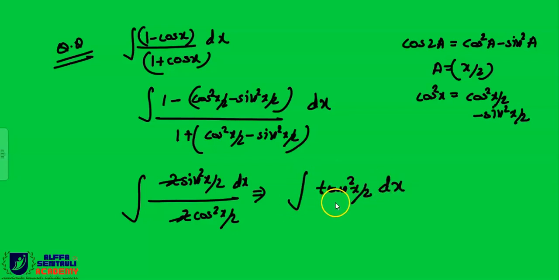So now beta, we do not know the integration of tan square (x by 2). But we know the integration of sec square (x by 2). So this can be written as, correct, sec square (x by 2) minus 1 dx. So now you know the integration of this and of this, and you can easily solve. Correct? Yes, sir. Correct, beta. So in this way we have to solve this question. So try to solve the other questions in your homework problem, and we will discuss in the next class. Right?